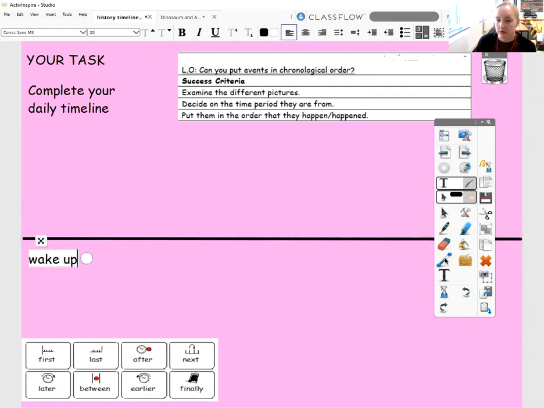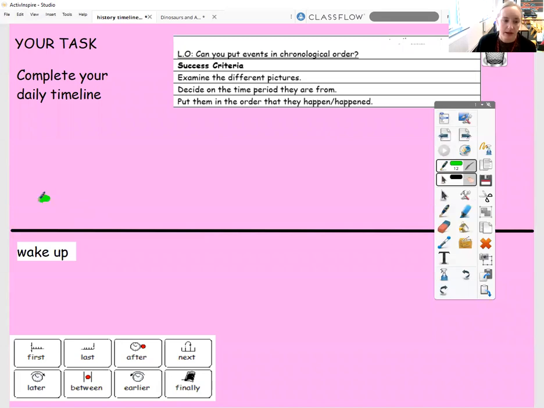And if you want to, you can draw a little picture as well. So here's me. With bright lime green there. I think I might change that. It's going to be orange. So here's me waking up with my hair. Might do me in bed. Here I am, look, in my bed. And then I'm waking up. Great. So the first thing I'm doing